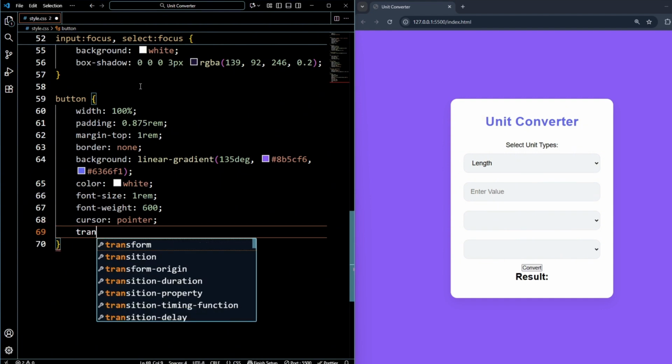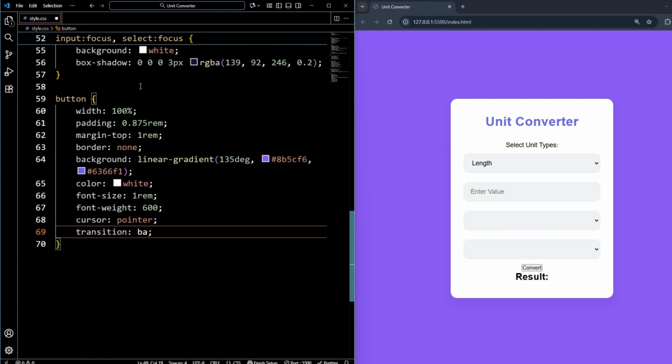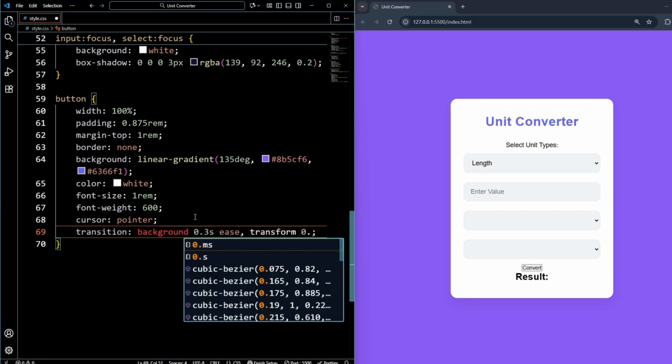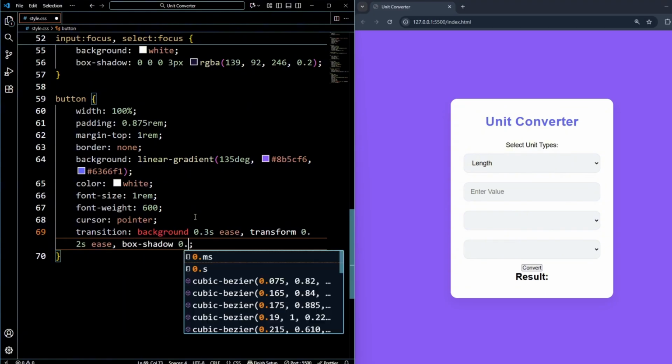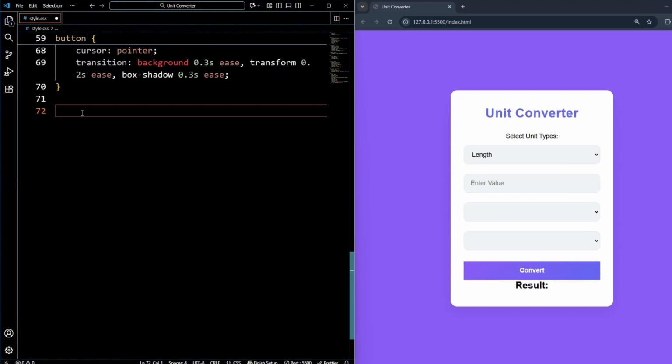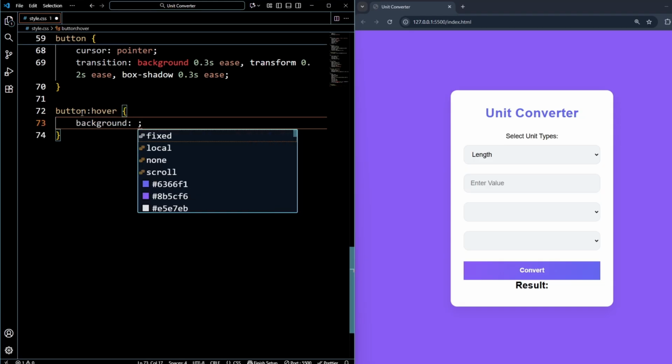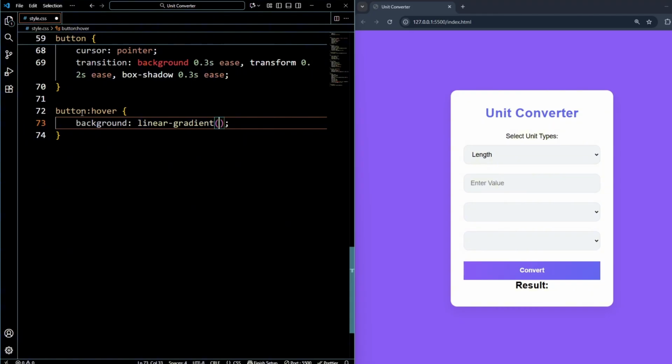Now we need a transition effect. So inside it pass background, and then 0.3 seconds, then we need transform for 0.2 seconds with ease, and then we need box shadow for 0.3 seconds ease. Now we'll design the button hover effect. So write button hover, and inside it pass a background, and in background use linear gradient, and then write 135 degree, and the first color is